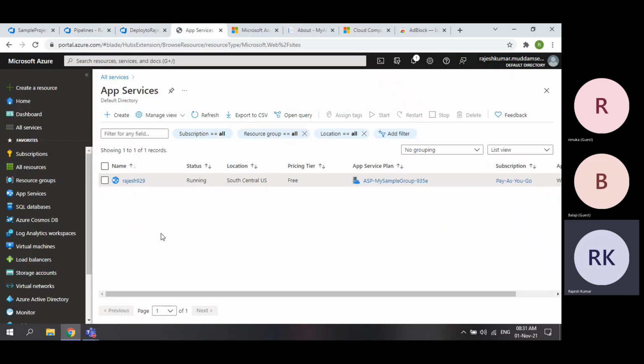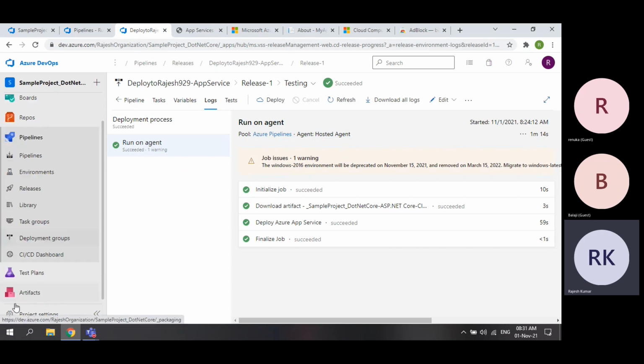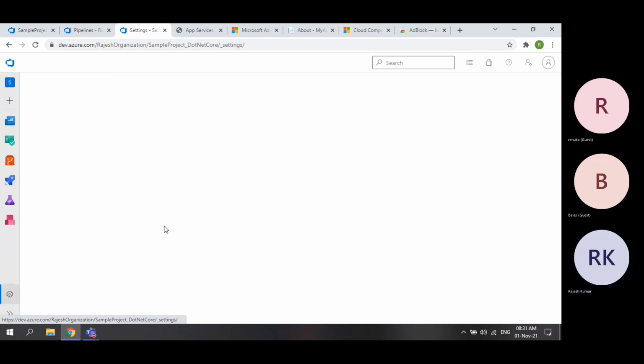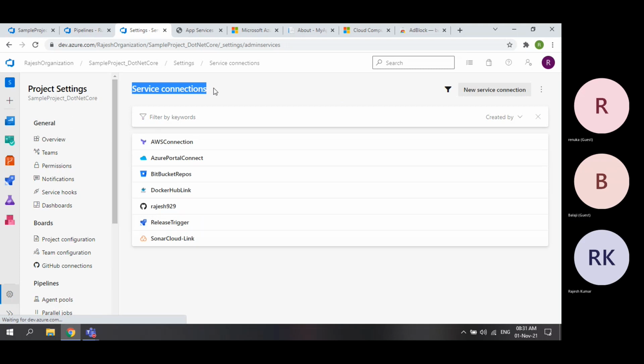So when they ask you to deploy into app service, then you need to ask them, is the app service already created or you need to create? And when it is already created, is there any service connection between Azure DevOps and Azure? If there is no service connection, tell me, I will create the service connection. Why? Because being a DevOps engineer, you know how to create service connections. If there is already service connection, tell me the service connection name. Okay?